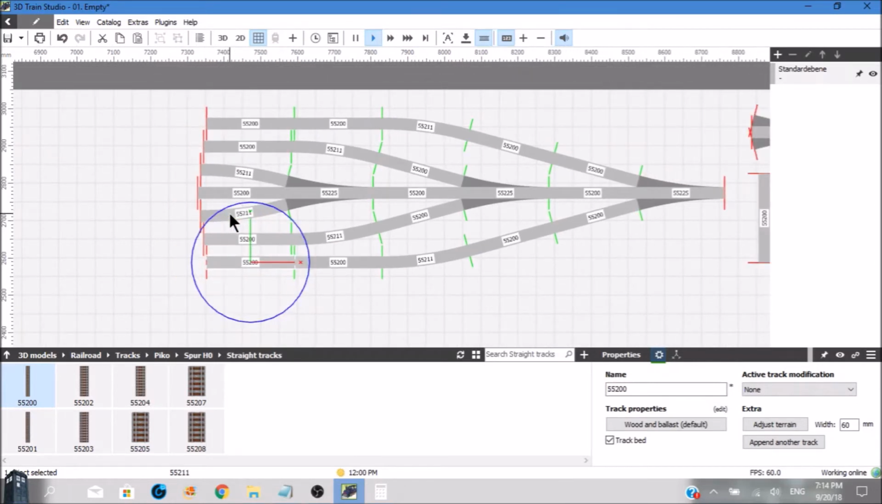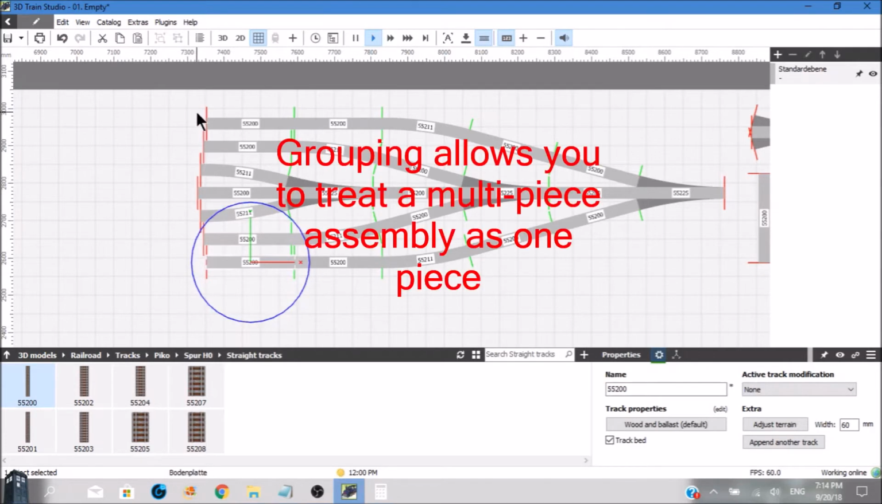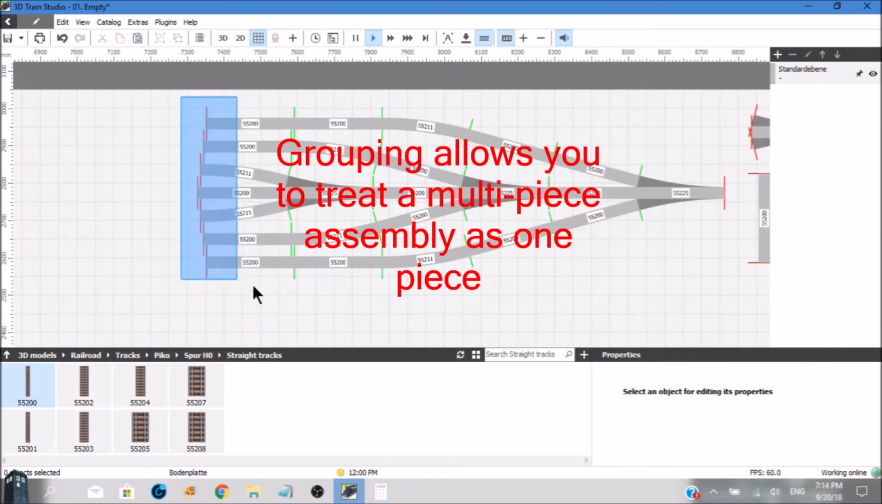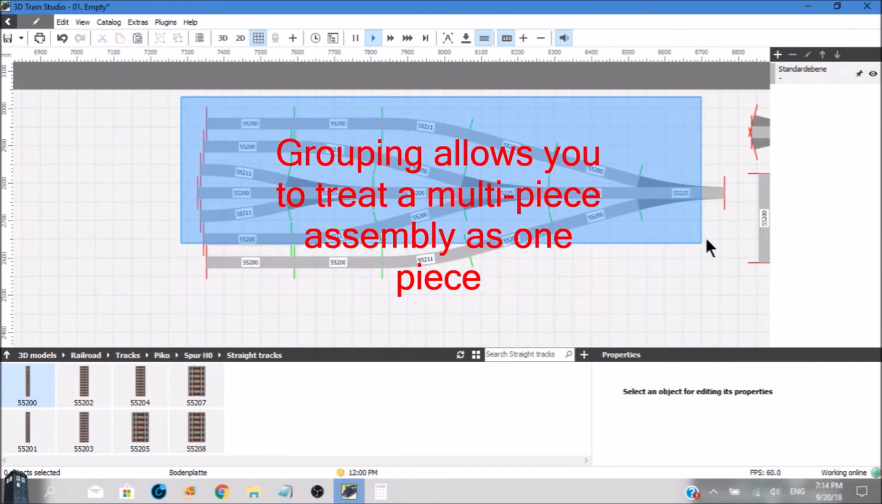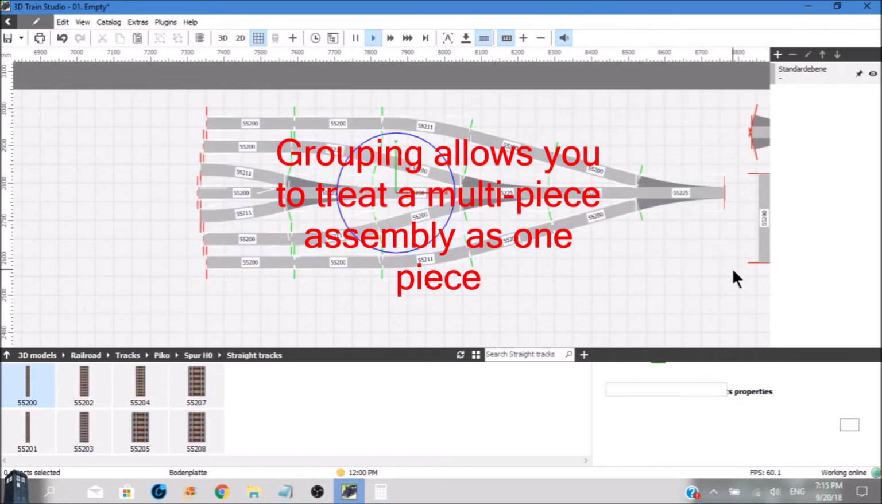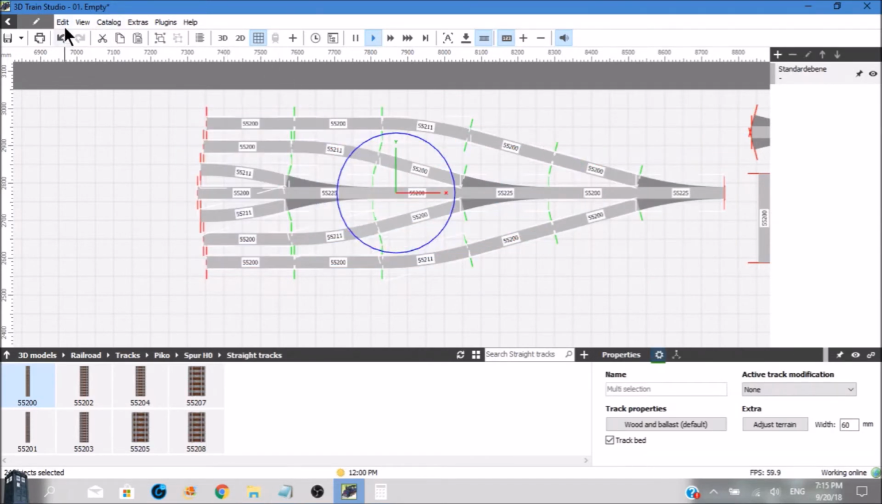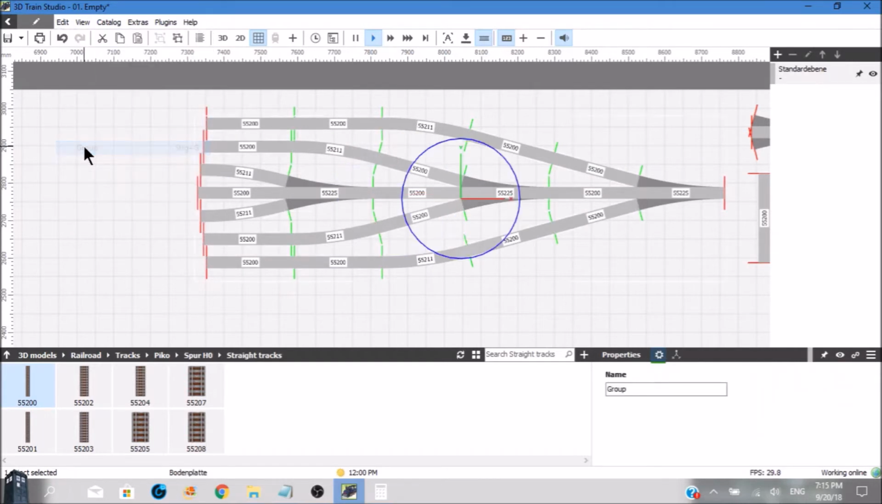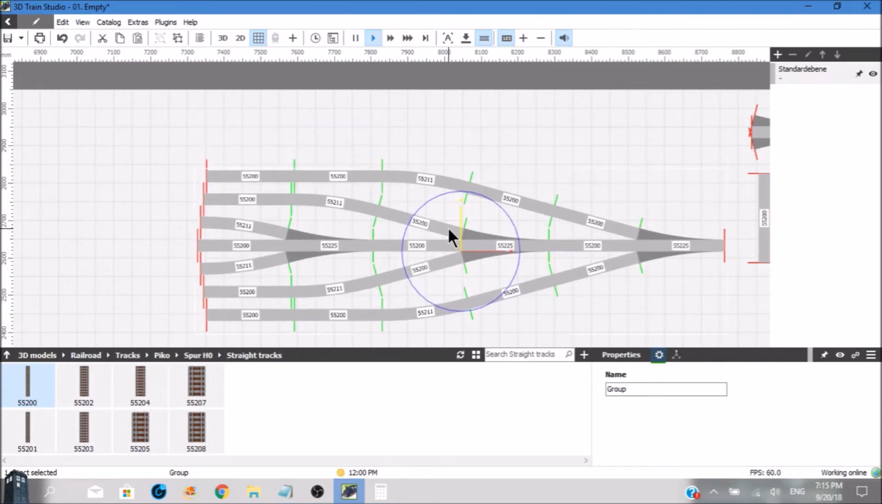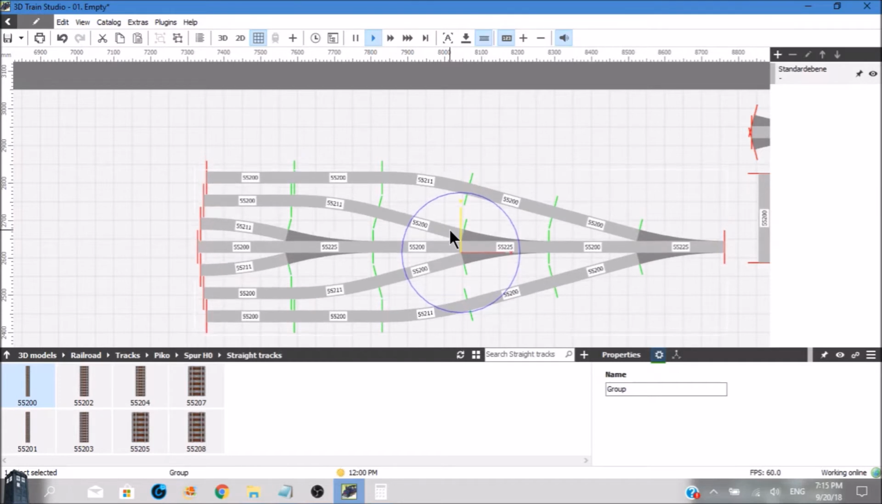As you can see, we've used a 3-way switch, curved pieces and straight pieces, and built a 7-track turnout. Now we're going to take this and select all the pieces in that, and go under Edit and Group. And the reason why we're doing that is because we can take this now and move it all as one piece,